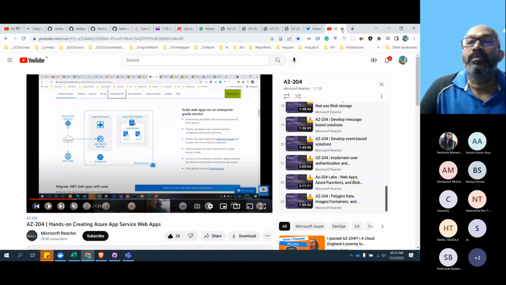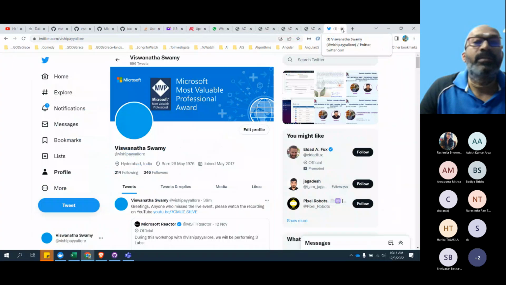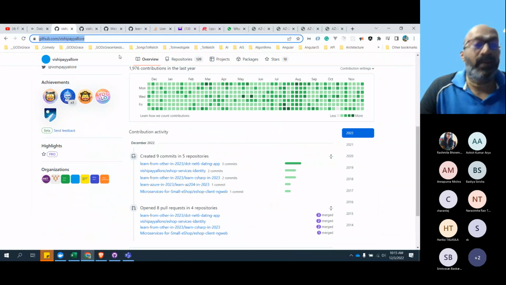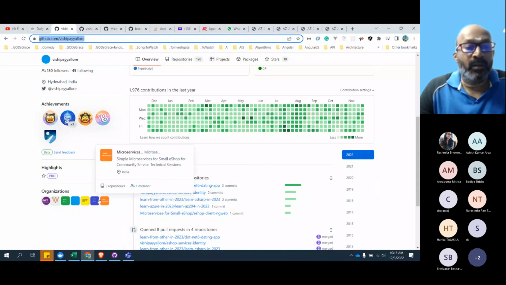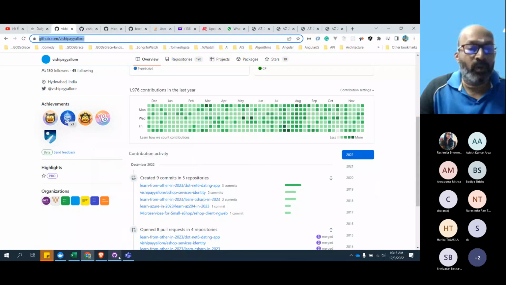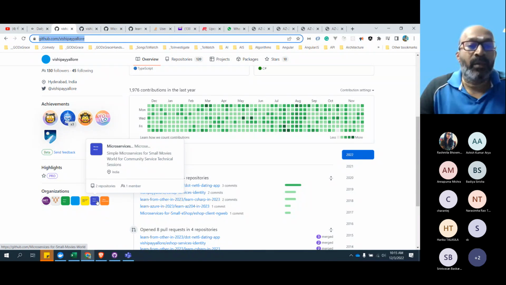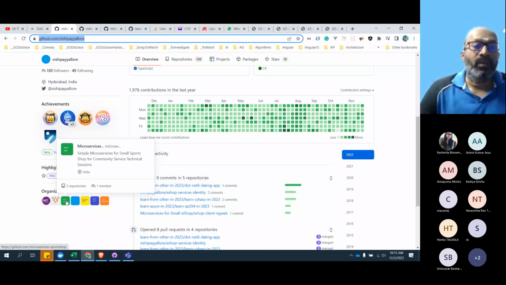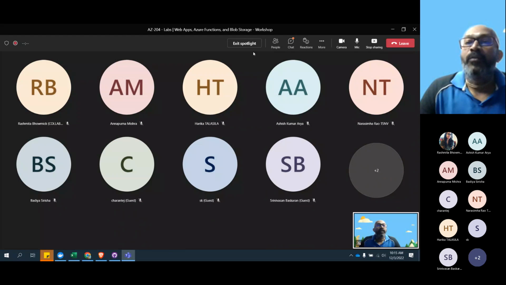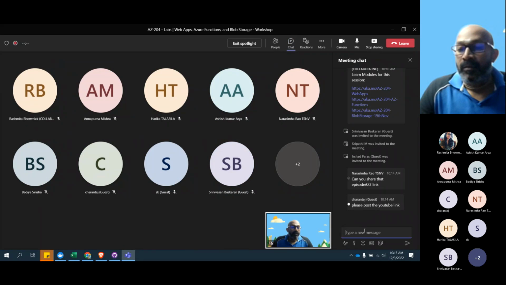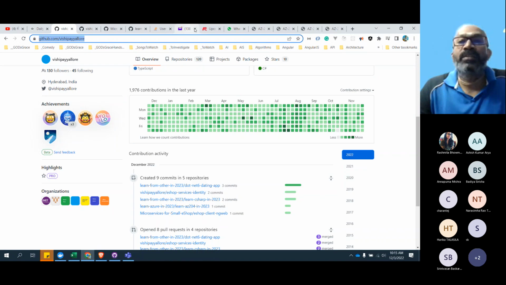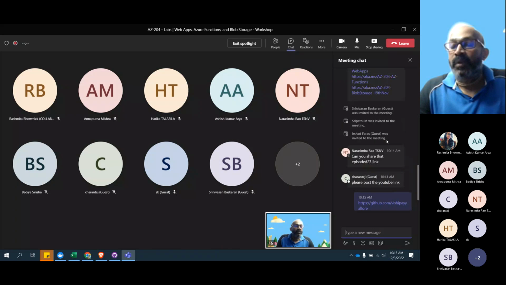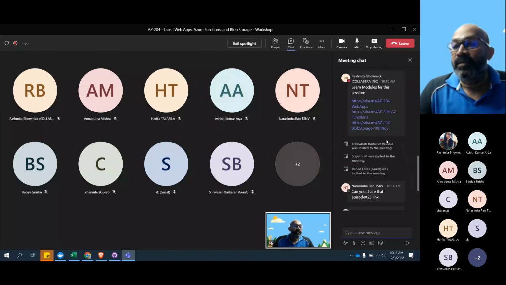I'll stop this and close this one. This is my GitHub repository where I'll do all these things. You can see these are the different organizations I just created for 2023 to focus specifically on one microservice. This is a movies app, and this is a shop app, or this is for the sports shop. So year 2023 will be purely on Microsoft technologies with this one architectural series.